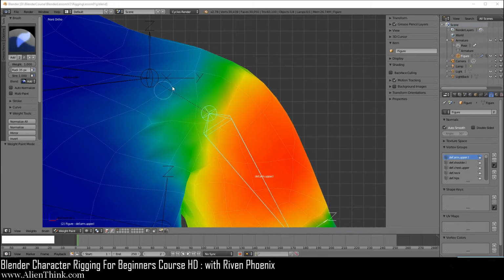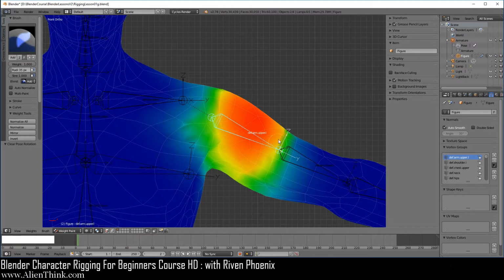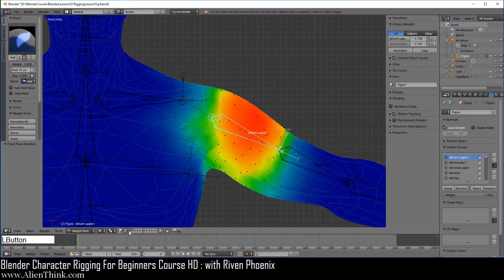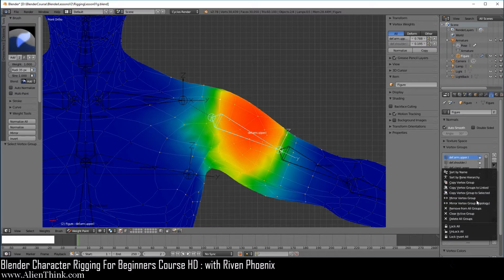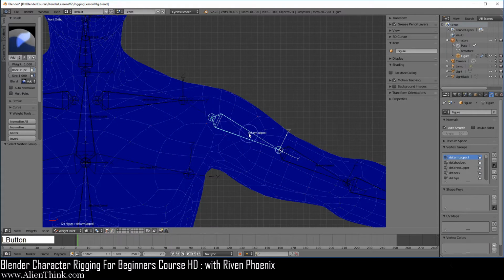Okay, so to continue on from the previous lesson, we're going to now take a look at some additional options in Weight Paint. Go ahead and click on this bone and just zoom out to Alt-R to reset this bone. And what we want to do is actually remove these weights from here. So here we can just click on the vertex mode, go ahead and click on select to select all the vertices that are part of this vertex group. Go over here and just do remove from all groups and go ahead and now turn this off.